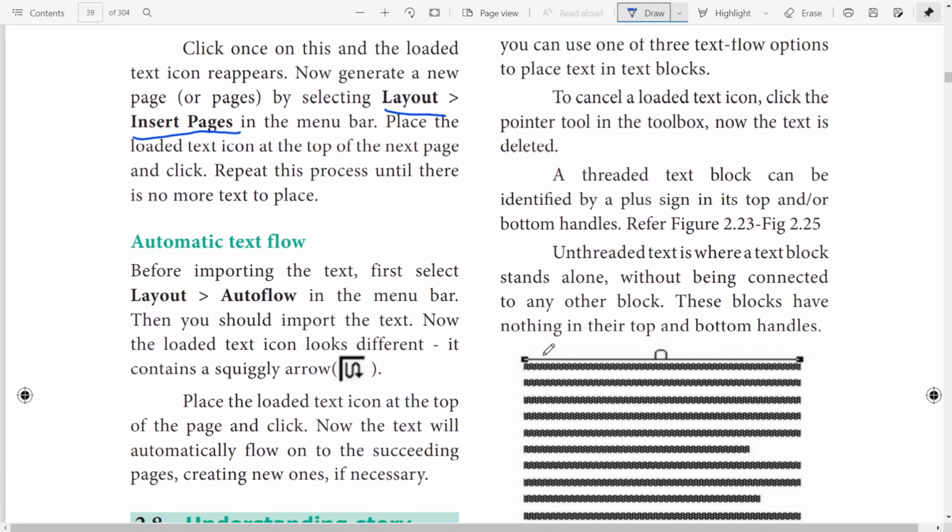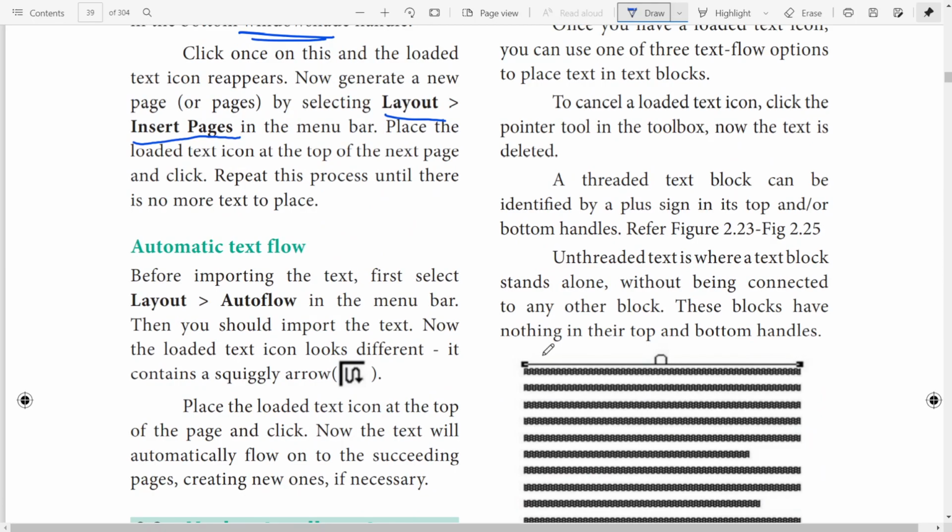Next one is automatic text flow. Before importing the text, first select Layout, Autoflow in the menu bar. From the name itself, you can understand autoflow. It makes work automatic. Then you should import the text. Now the loaded text icon looks different.